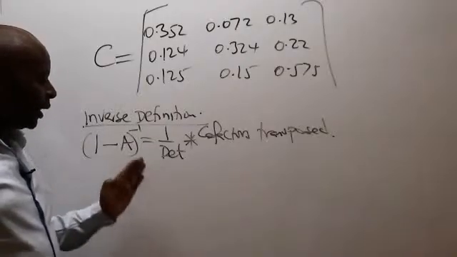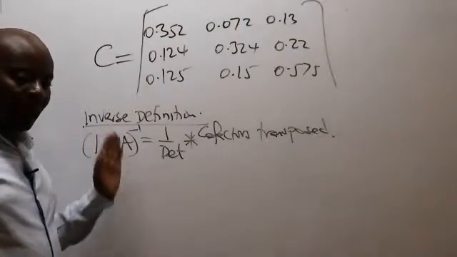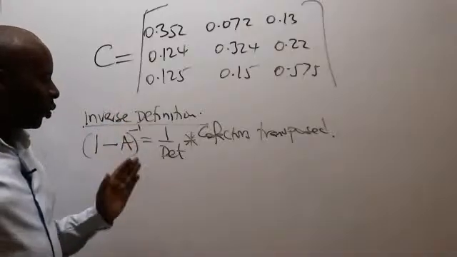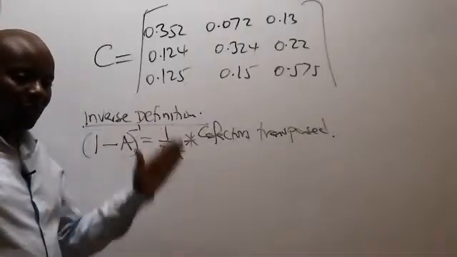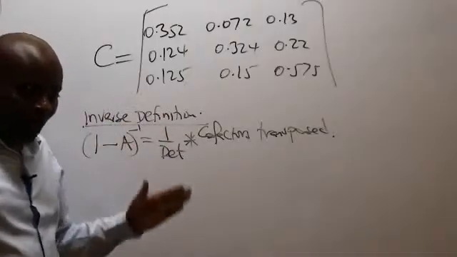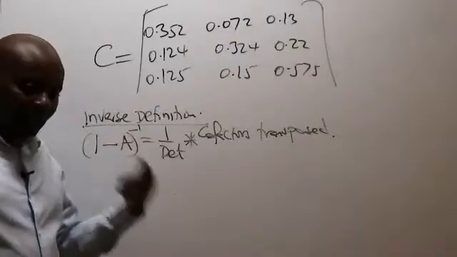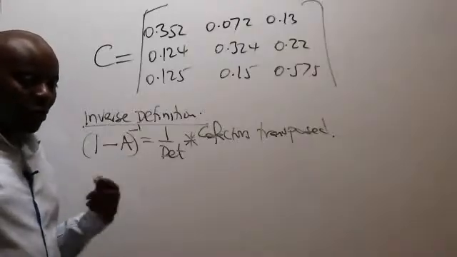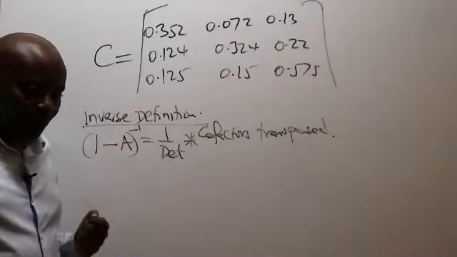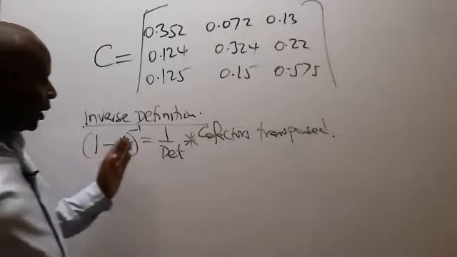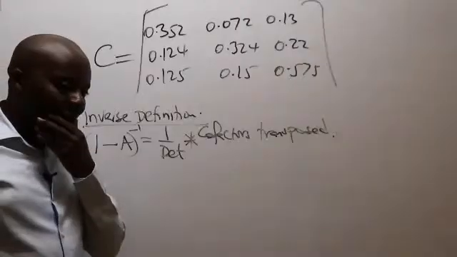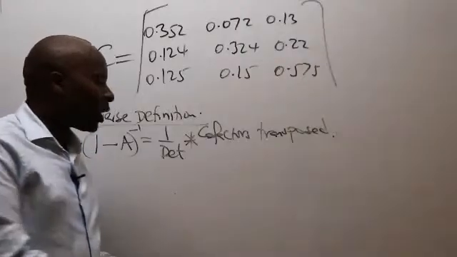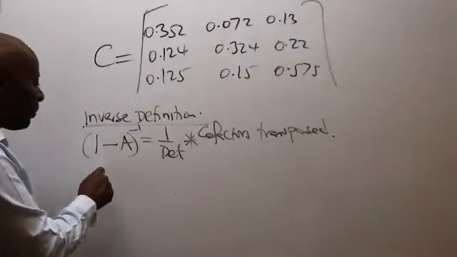So (I minus A) inverse equals 1 over the determinant times the cofactors, done something special, times the cofactors transposed. So (I minus A) inverse will be equal to 1 over the determinant times the cofactors done what here? Transposed. So ladies and gentlemen, if that is the case, then my (I minus A) inverse